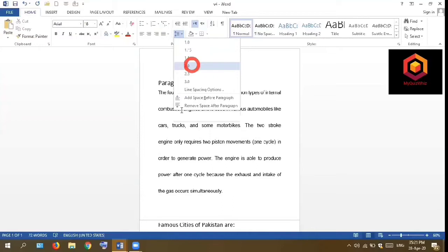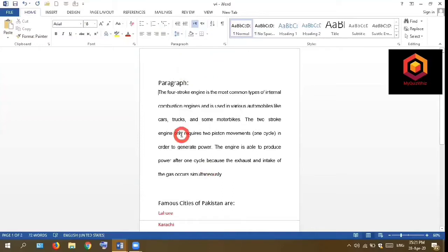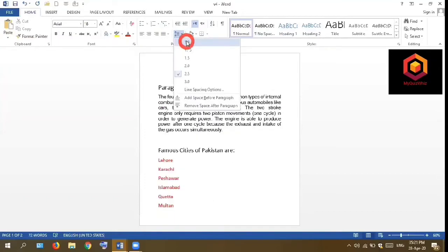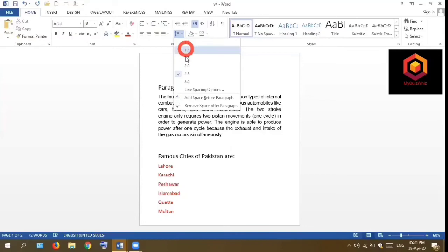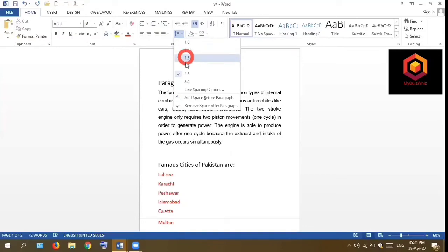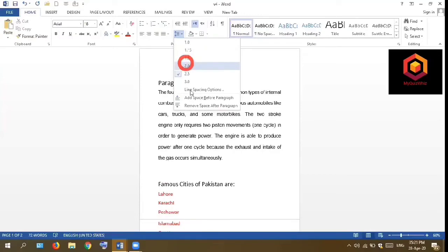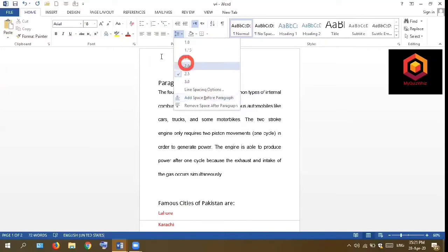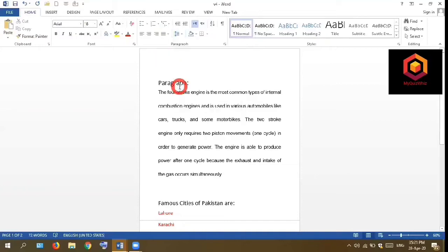You can see that there is equal line spacing of 3.5. Again, I choose another one, like 1.0 is by default. I choose 1.5 and you can see that equal spacing is there. So here more options are available, so you can pick any one of these. Next I press Ctrl Z.